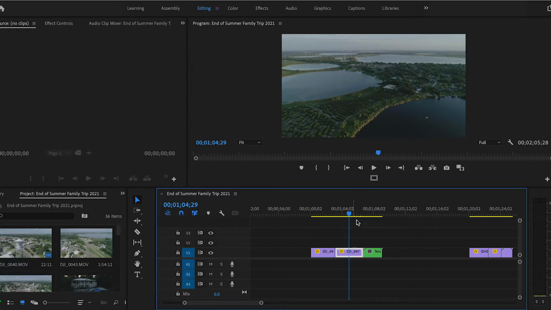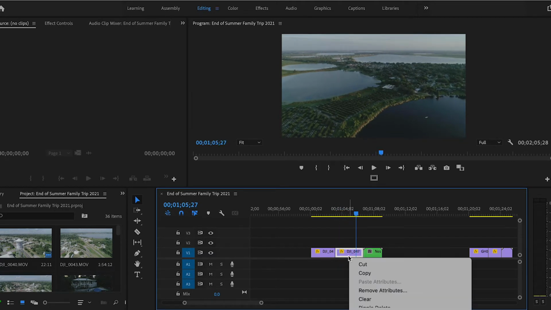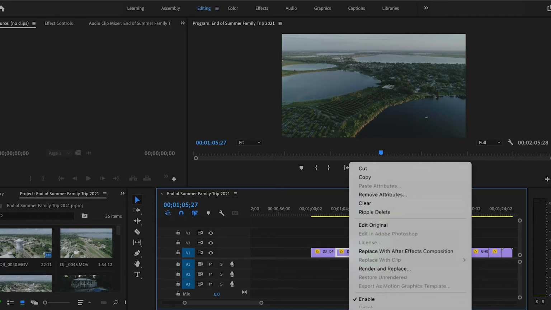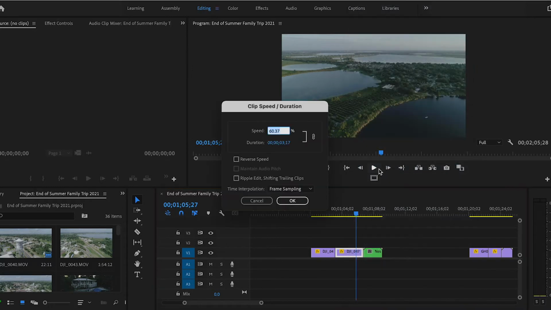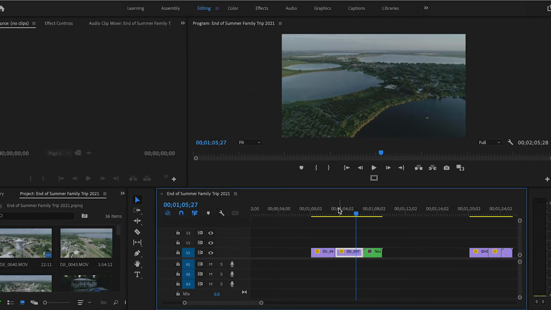And anyways, if I wanted to reverse this orbit and say just have it play back this way instead of how it's going right now, all I would do is right click on the clip, drop it down here, and then go to speed/duration. You click on speed/duration and then hit reverse speed. Now press OK, and now